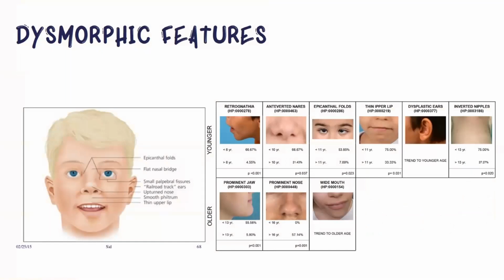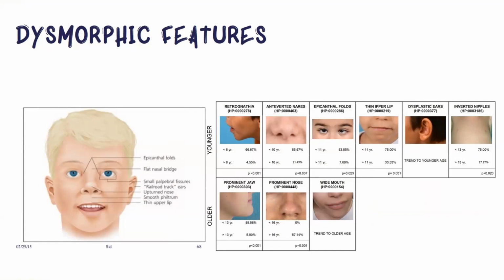Okay, these are the dysmorphic features that we can look for. These are some of the common dysmorphic features. For example, a flat nasal bridge can usually be a sign of Down syndrome, Fragile X syndrome, Klinefelter, Bartsocas-Papas syndrome. Small palpebral fissure can also be seen in fetal alcohol syndrome, Williams syndrome. So these are the common dysmorphic features we can find.